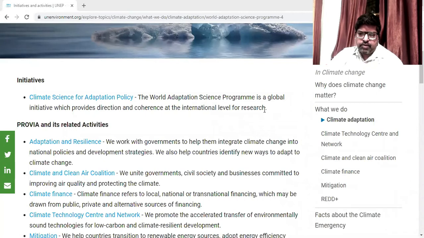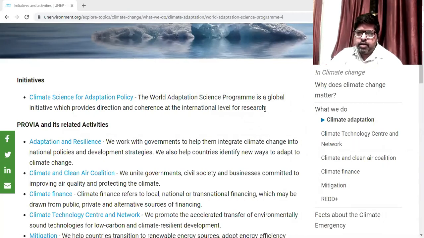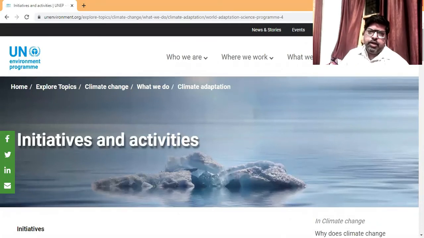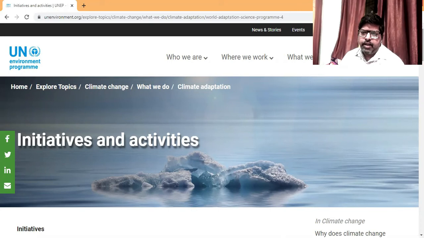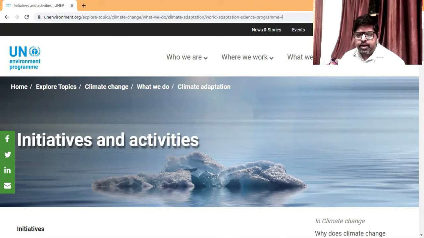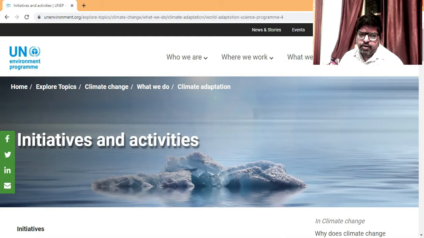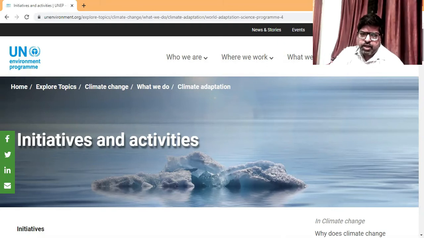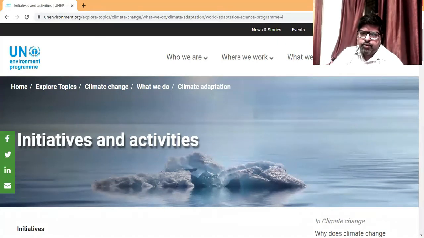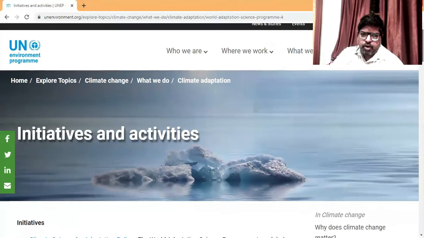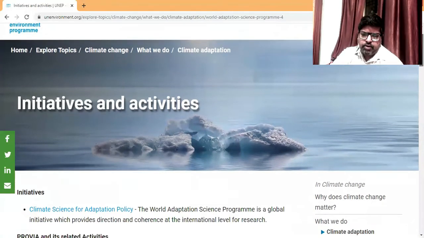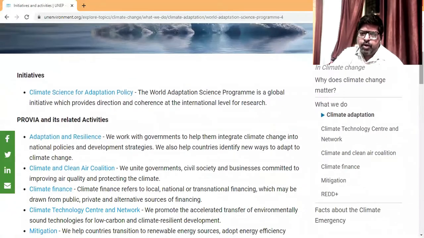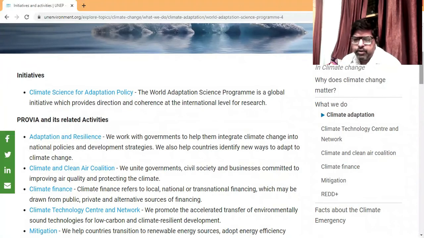As far as initiatives are concerned, UN is one of the premier institutions in the capacity of the international regime, and they are therefore responsible for the entire globe for the environmental and ecological related initiatives. So, a major initiative taken by the United Nations by the name of UNEP, that is United Nations Environmental Program, and this particular program is under certain initiatives and activities of United Nations throughout the globe,